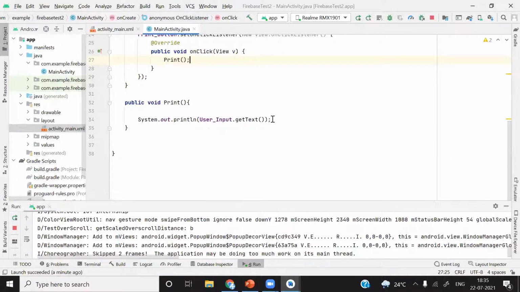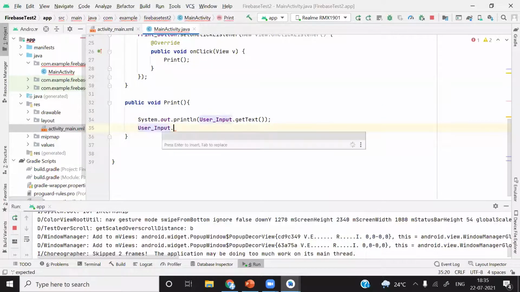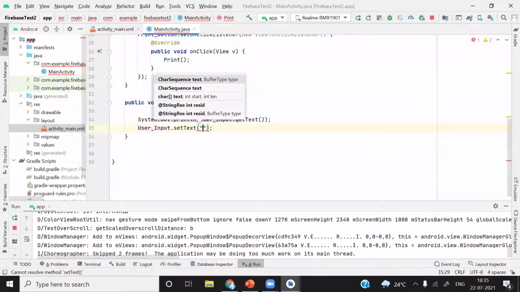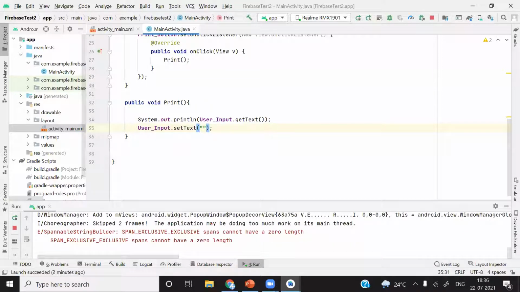So we use user input dot set text to empty. Whenever we press this button, things written here will be printed here and then erased automatically. I will quickly rerun this.